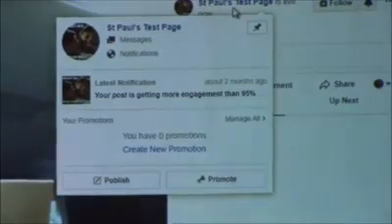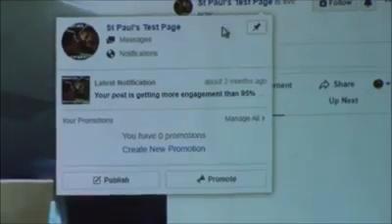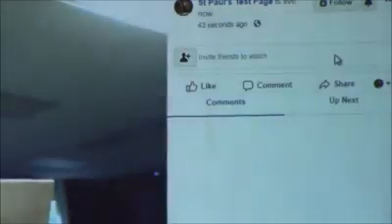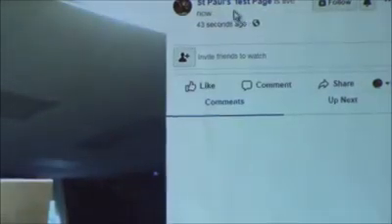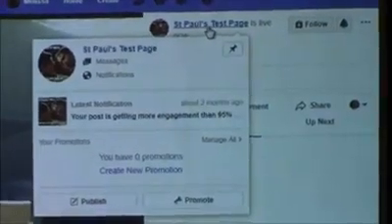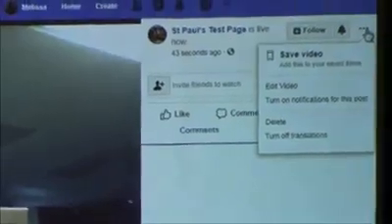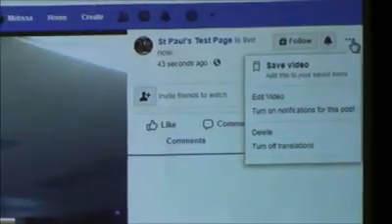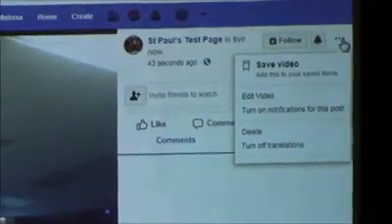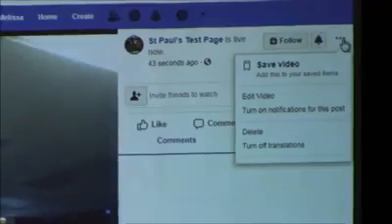It gives you an option to like us so that you'll know everything that's going on with the church. There is also an option to message us. If you have a prayer request and maybe you don't want to put it in the comments, you can message us privately. As well as having a description of our page itself.